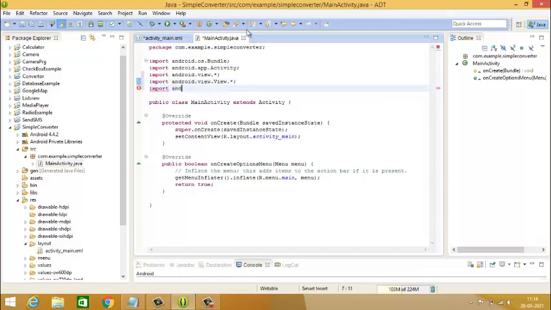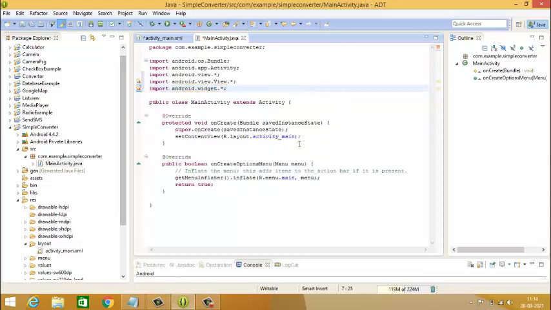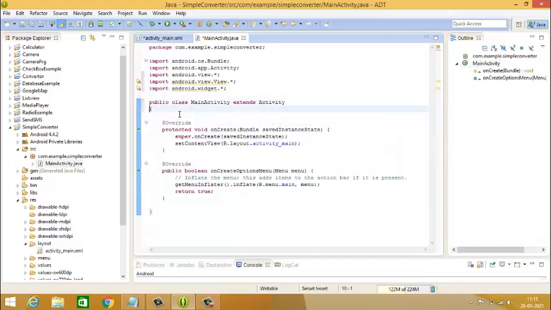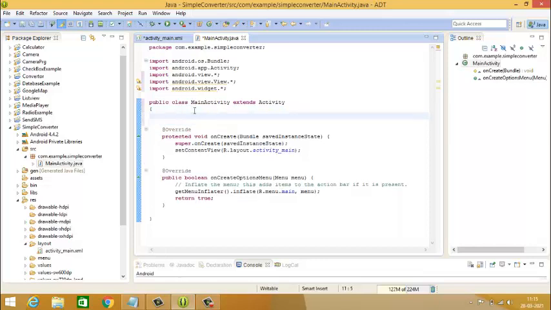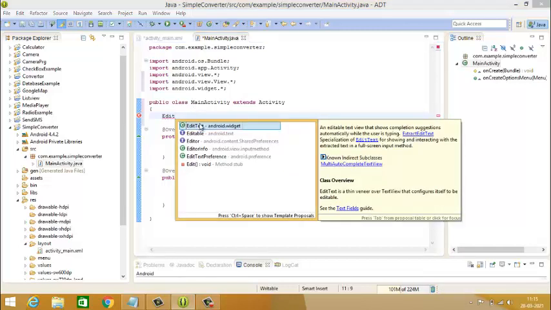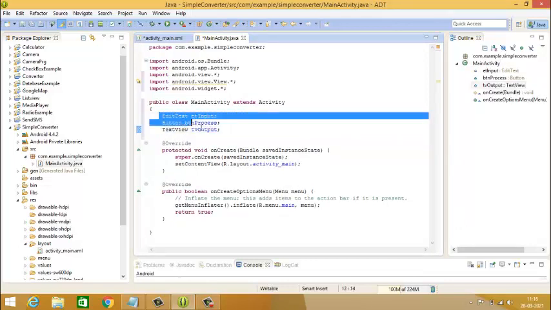Next important package is widget, android.widget.*. So after importing the package, the next step is you have to create objects for these classes. Here we are going to use EditText, Button and TextView. For that you have to create an object. So inside the main class type Ed. Since it is a class name, remember the Pascal case. Each word starts with a capital letter. Edit, press Control spacebar and select the option which will be easier for you. EditText, give the object name for this. So now you have created objects for these three classes.